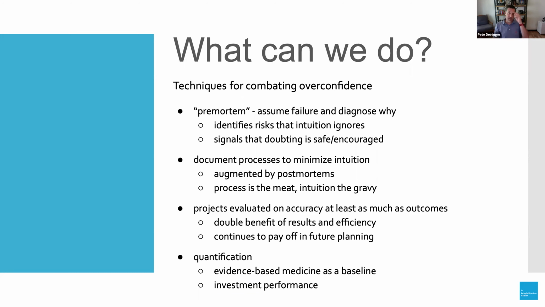It's a double benefit that you get from doing that, because you end up getting better results as you go forward by ensuring that people have a rigor that causes them to be as accurate as possible in forecasting the outcomes. And it also makes you more efficient, because having that accuracy can lead to fewer cost overruns, delays, extensions, et cetera, that can be very, very financially costly. And it also has a carry-forward benefit into establishing that as a process in future planning activities.